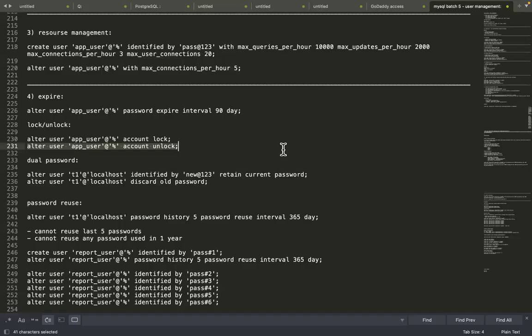They rotate their password weekly or monthly. That is actually happening in the world. In that situation, dual password will be really helpful because your application user will have two passwords: the old one, which is used by the application,